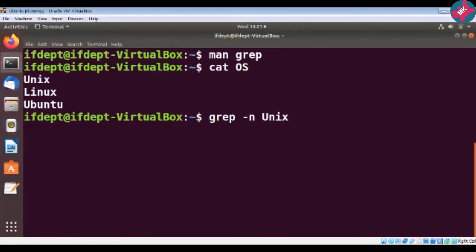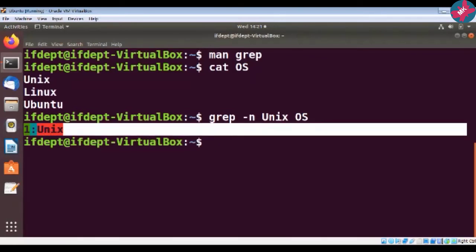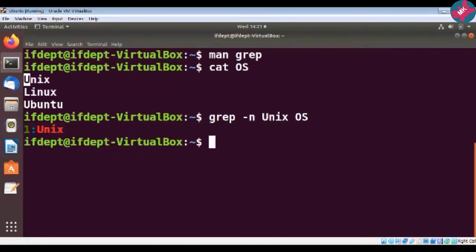And in which file do I want to search? In OS. So I am asking the system to give me the line number on which this Unix keyword is present. Press enter. See, it has told me that on line number 1 the Unix keyword is present. If you manually observe, you can find this particular thing.